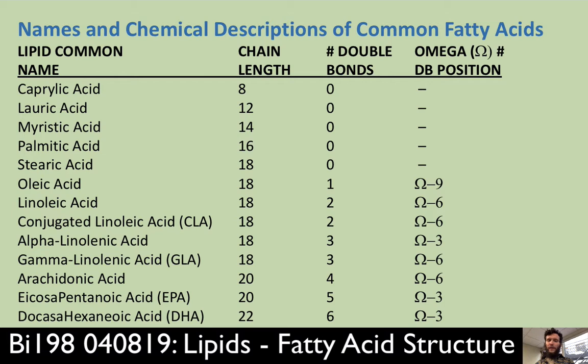And so as you look at that, one of the things you'll notice is that the chain length is always in increments of 2. They're always even numbers, right? They vary by numbers of 2. And that's not a mistake. It's because the way biology has learned to utilize fats is by clipping them down 2 carbons at a time.